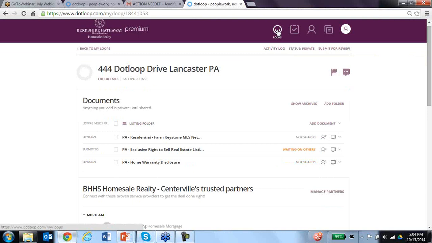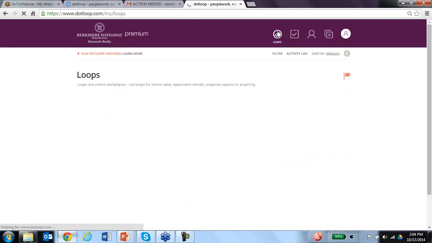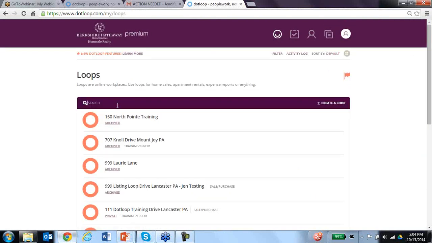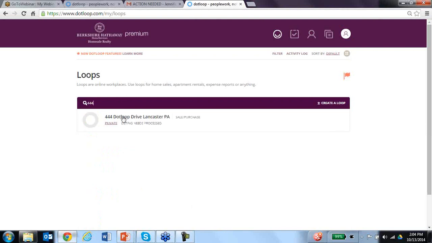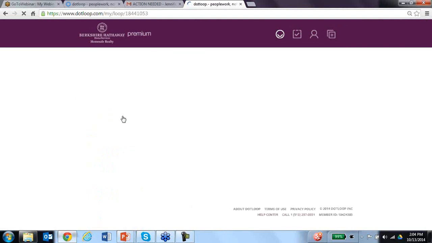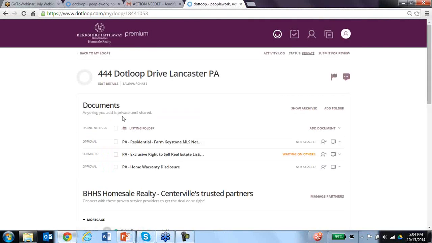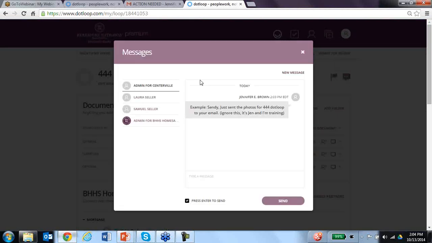So I'm just going to go back to loops. And let's just search for our loop again. So let's say we submitted it, we had everything. If we were missing a document, there's messaging. This is the messaging center for the entire loop. So if you click on that, you can message your clients, and you can see all the messages are stored here. So you can always, if Laura didn't sign this yet,